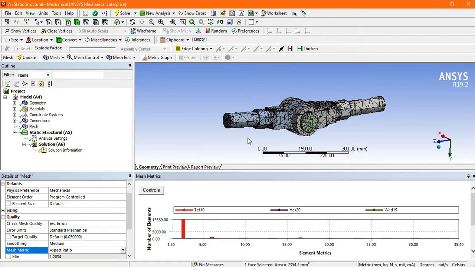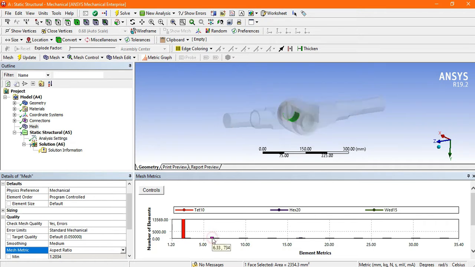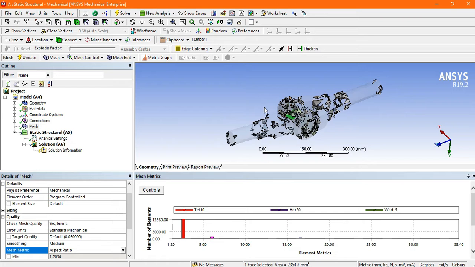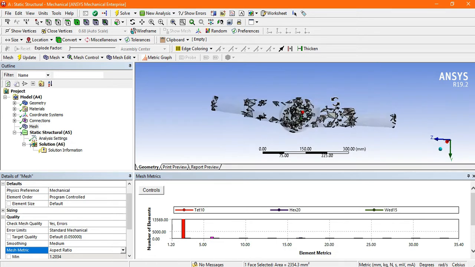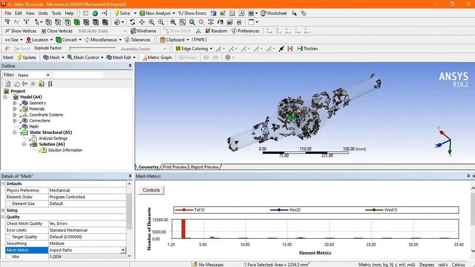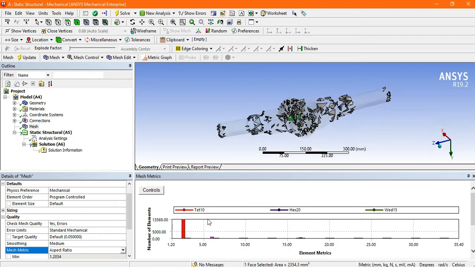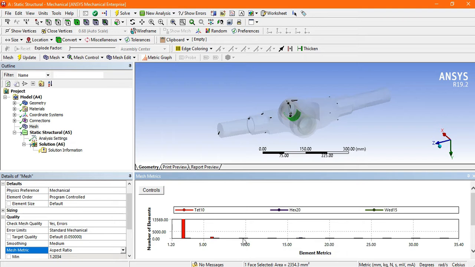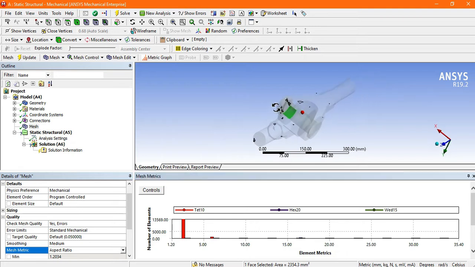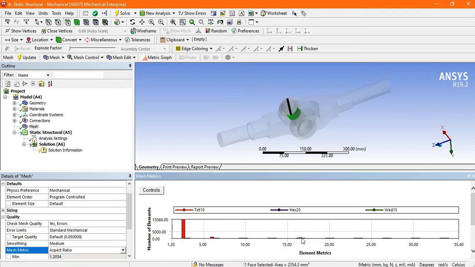So let's check which one is the failure part. Now click here. Now look, in this model this part is the failure, or we can say the failure criteria. For a good meshing, we need to remove or eliminate these parts. There is also one line here around 10. A very few parts inside this model have to be eliminated to become a perfect meshing. Similarly, this 20.